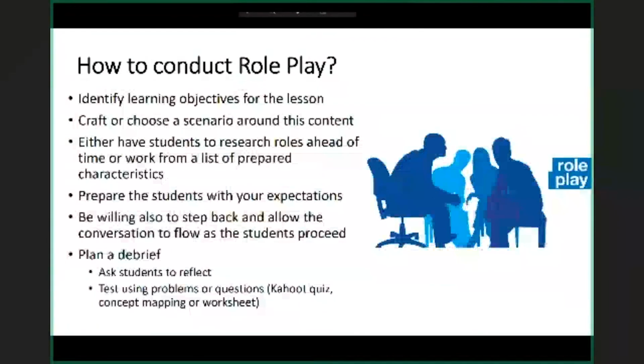Be willing also to step back and allow the conversation to flow as the students proceed. There have been times when the students might have something in mind and they would start the role play and go about that. And I usually step back and see how things go and let them rehearse it a couple of times. And when something doesn't look as properly fitting the objective, or if it's not the right role, I would wait for another student to help out that student before me stepping into it